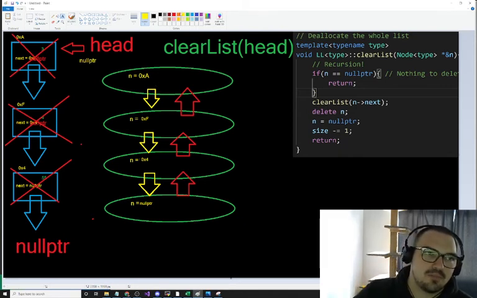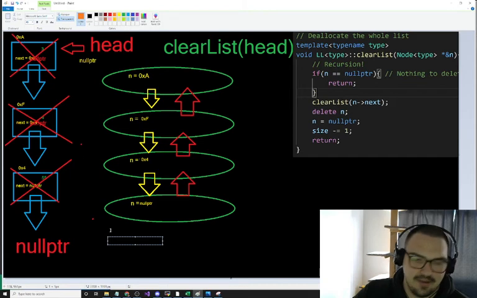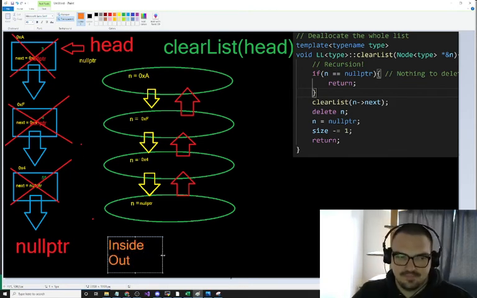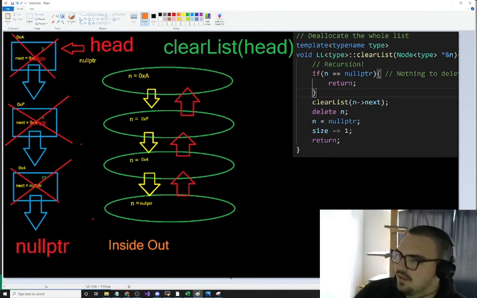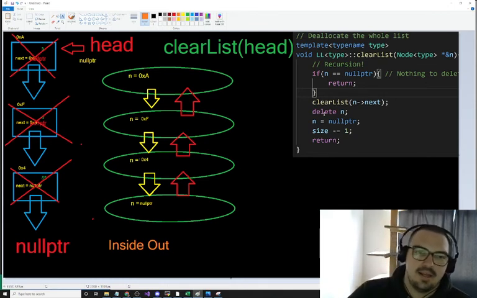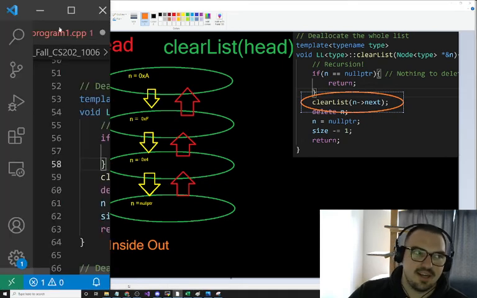My favorite word was from Top Wolf on this one. We deallocated it in a special way. We deallocated it inside out. And that's why this function works. Now remember, just to reiterate, this is not a return statement. If you want to look at some of the code that's different here,